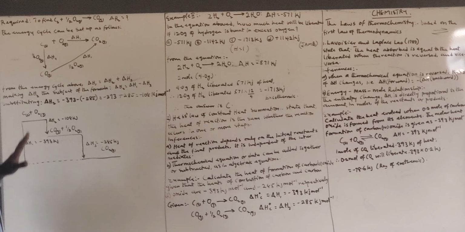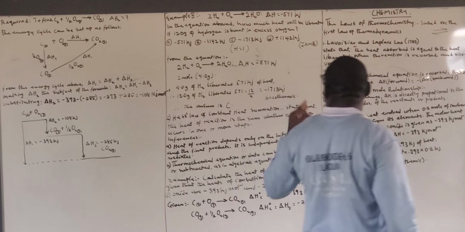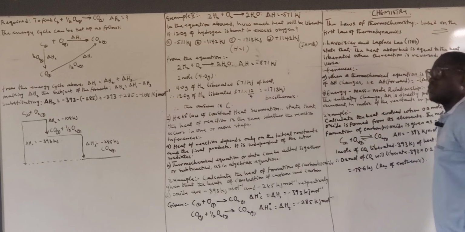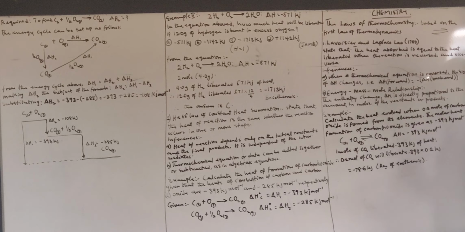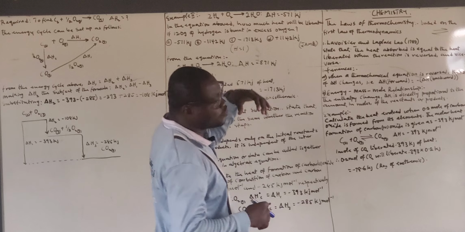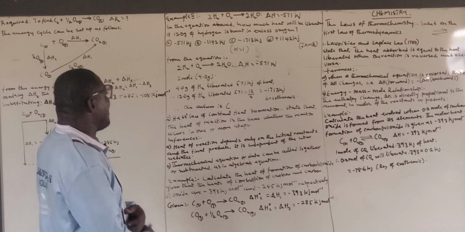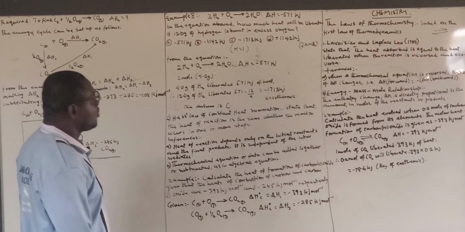Example 2, this one is a JAMB question. It says that we have 2 molecules of hydrogen and 1 molecule of oxygen. When they react together, they give us 2 molecules of water. That is to say, the exothermic reaction gives us minus